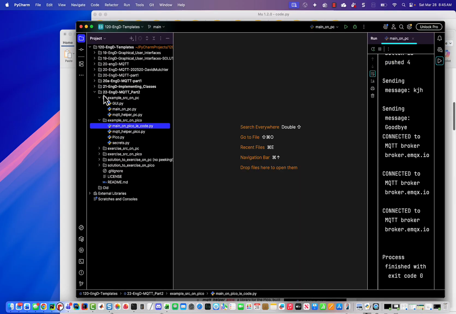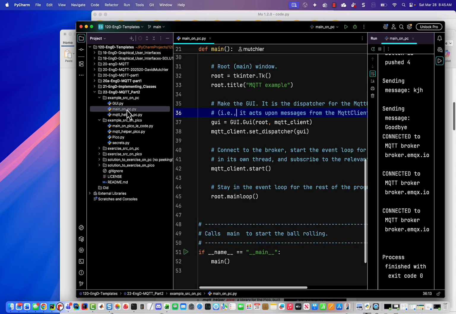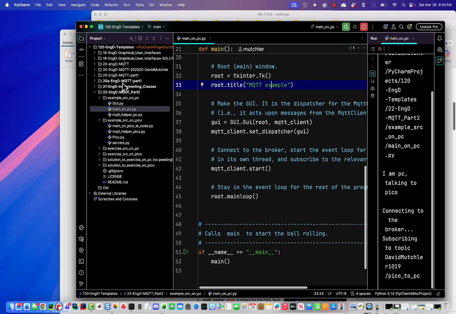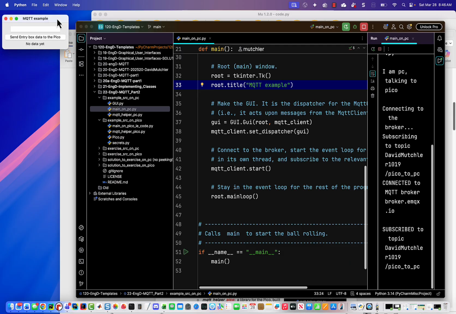Here's session 22, EngD MQTT Part 2, and there are a bunch of folders here, but these first two are an example. There's an example of the code for the PC, an example of the code for the Pico. Let's run the PC code first, so main on PC. I'm going to go ahead and run that. That brings up a window over here